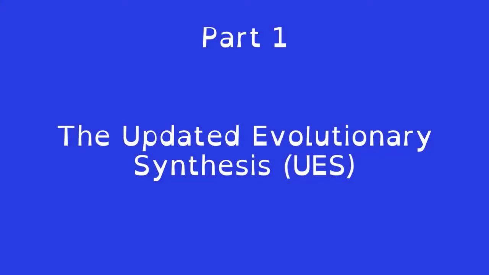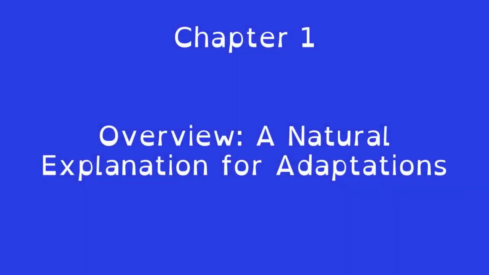Part 1. The Updated Evolutionary Synthesis, UES. Animals diverge from common ancestors through changes in their DNA. The major question, then, is, which changes in DNA account for morphological diversity? The answers have eluded us for the half-century since the formulation of the modern synthesis and the discovery of the structure of DNA. Sean B. Carroll, Jennifer K. Grenier, and Scott D. Weatherby.